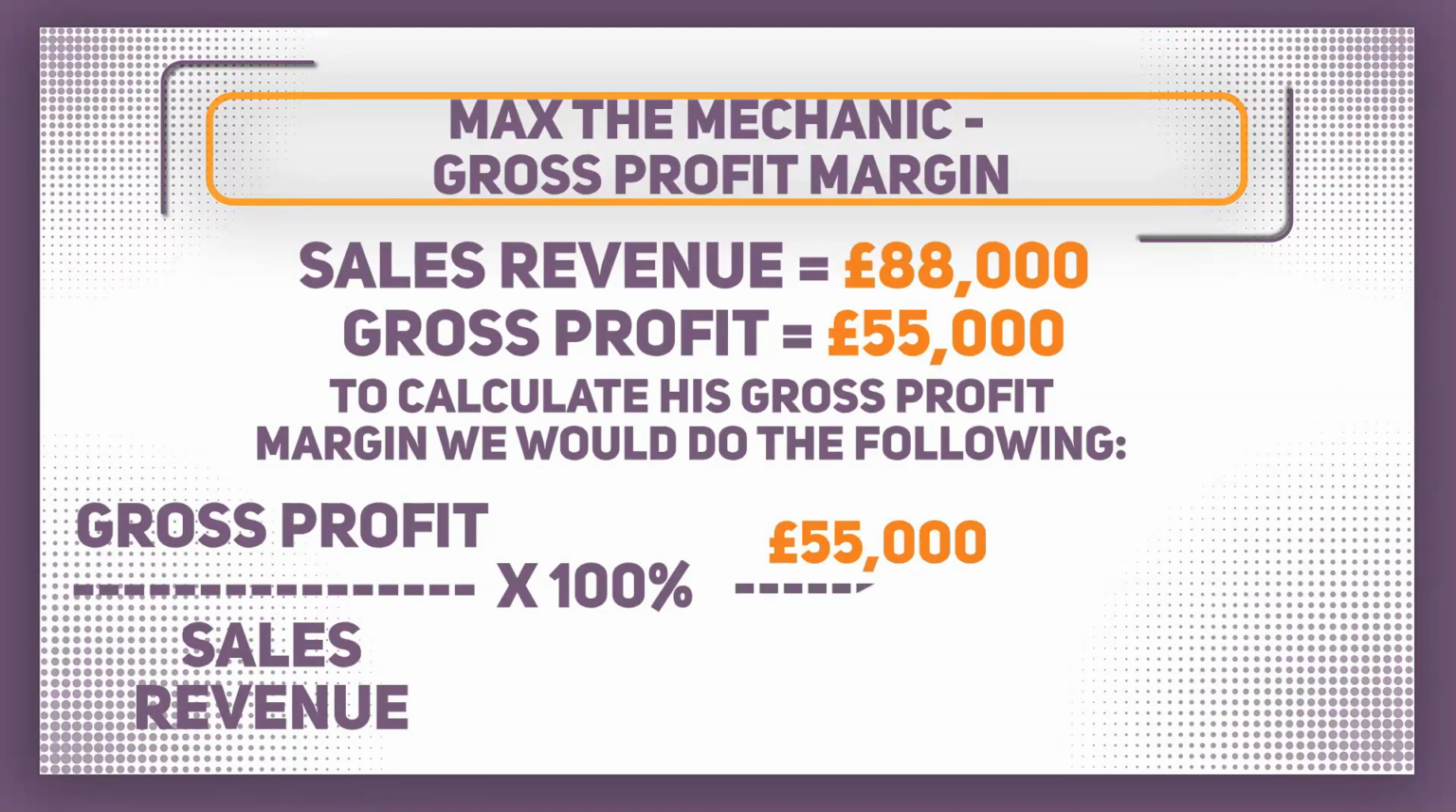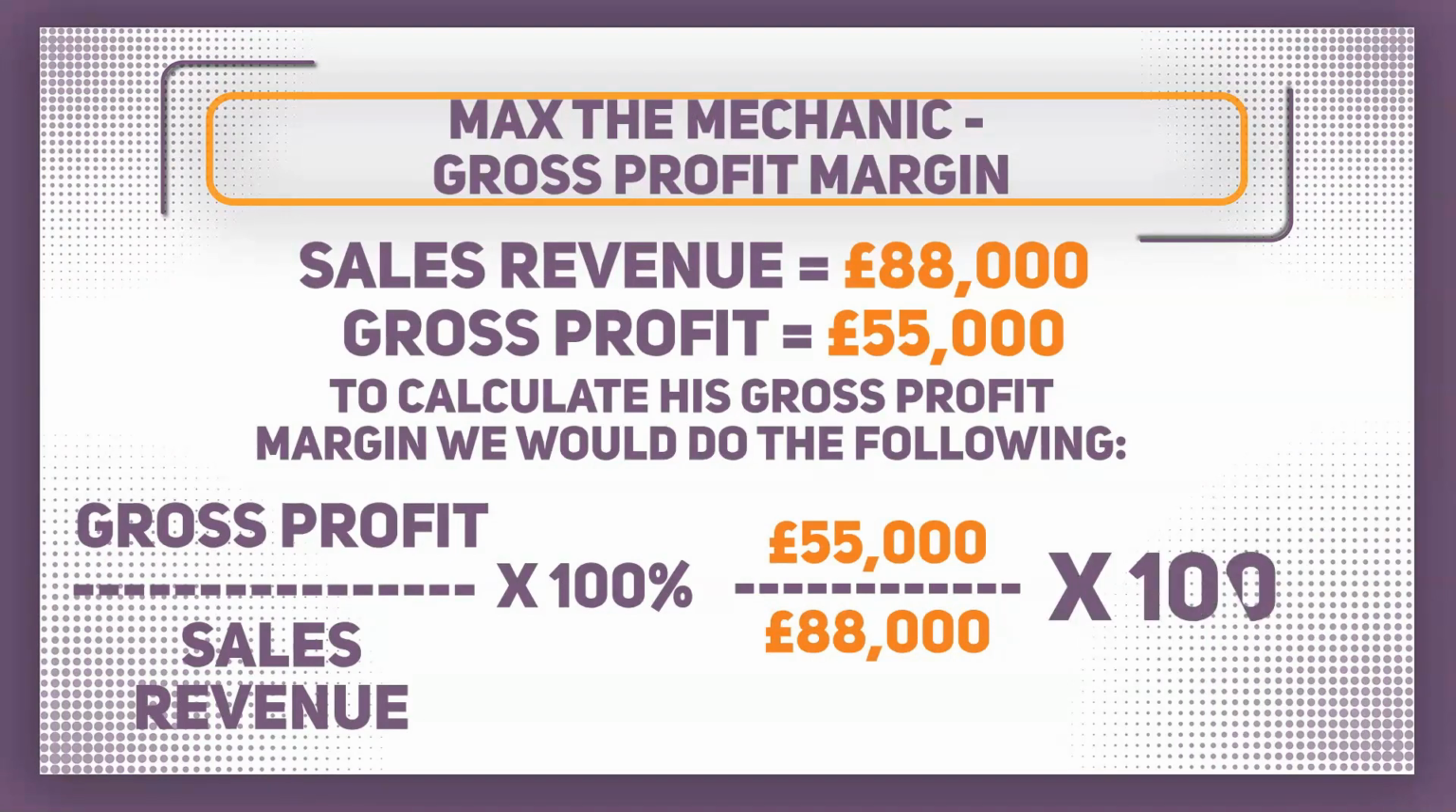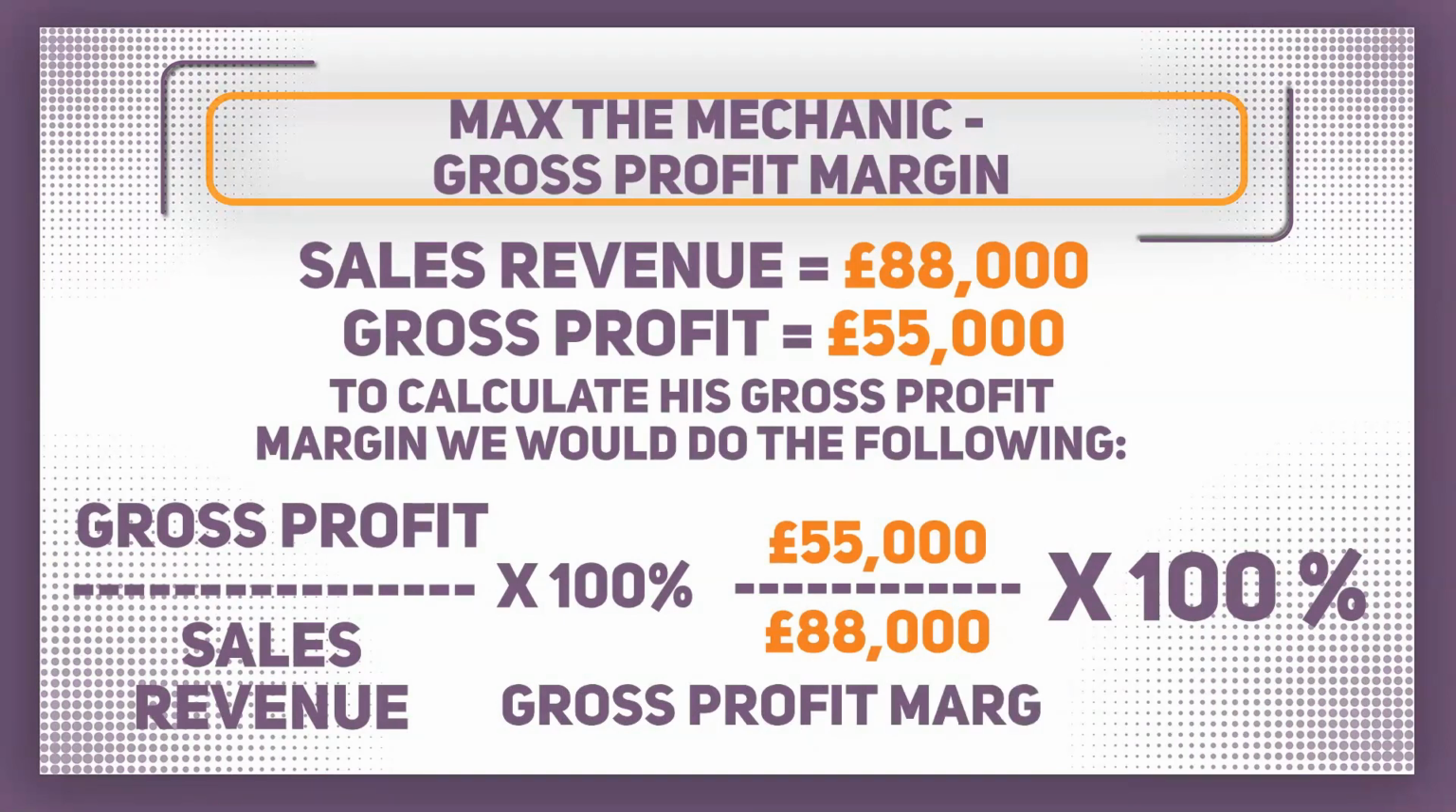£55,000 is Max's gross profit. This needs to be divided by the sales revenue, in this case £88,000, and multiplied by 100. And this gives Max a gross profit margin of